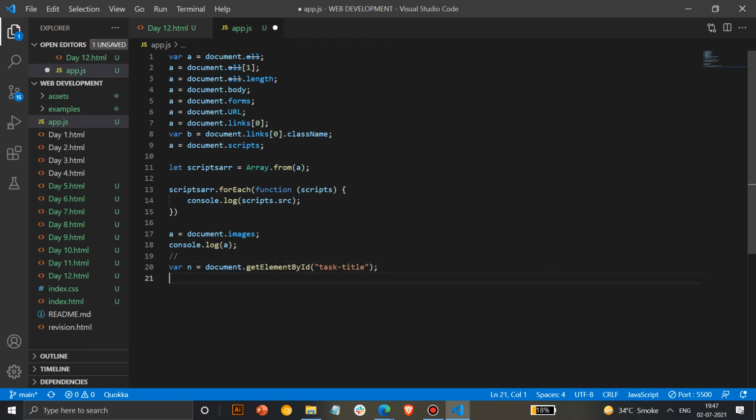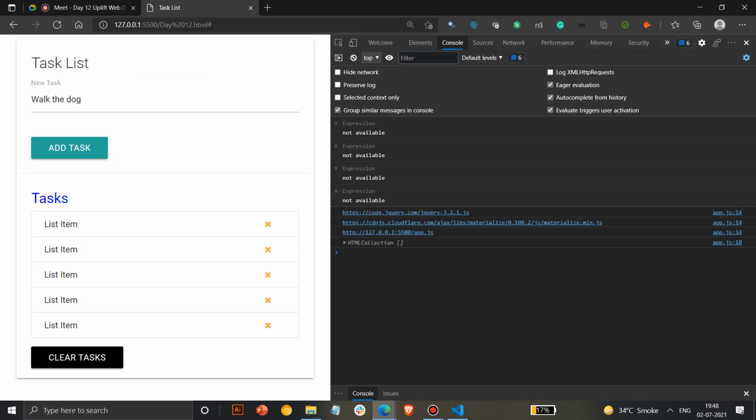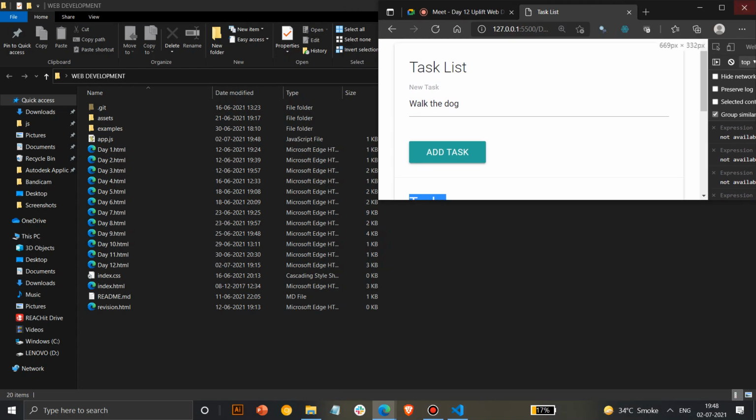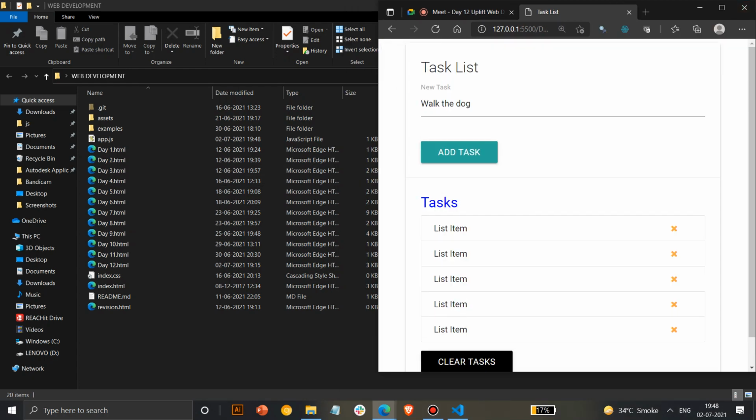Now what did we learn? We modified the colors. You can do the same things. You can do n.style and then style.color. You can change the color for it, you can take blue. If you do this, I think we'll be able to change the color. Yes, so it changes to blue. Does that make sense?